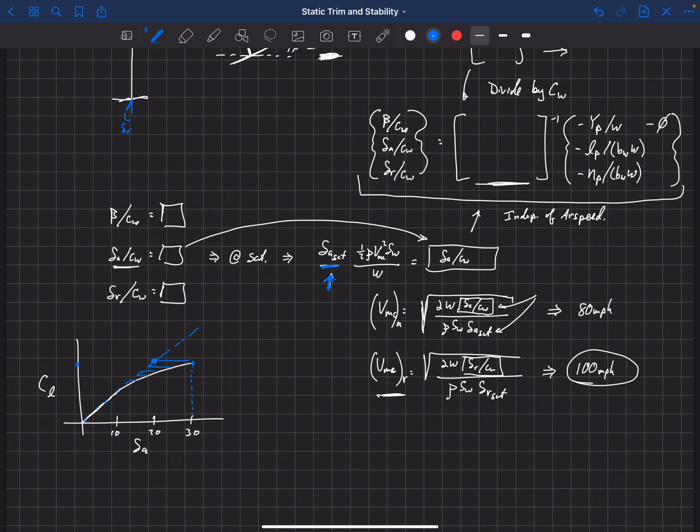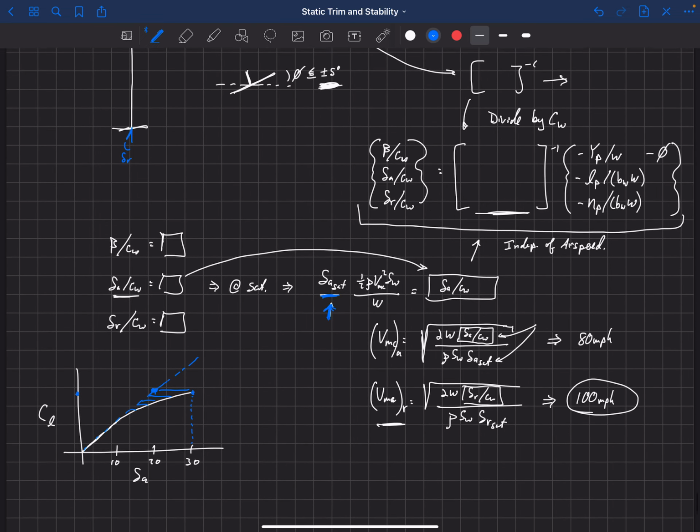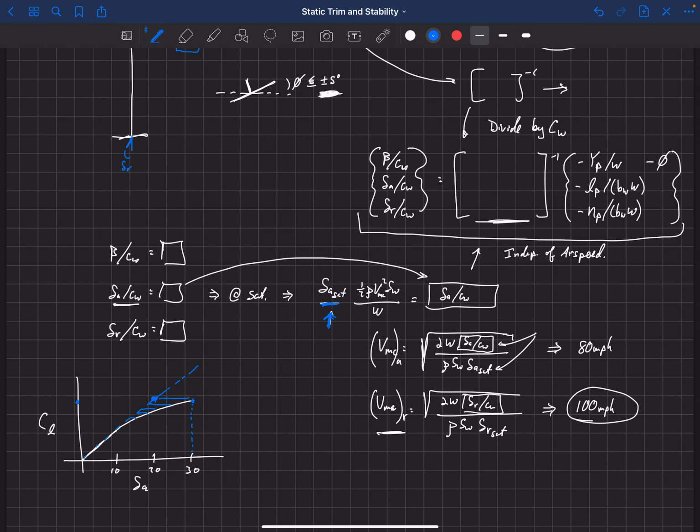Hopefully this has been helpful to understand minimum control airspeed. And this again is usually the sizing case for multi-engine aircraft, and this analysis is how you can work through computing what that minimum control airspeed would be, and possibly how large your rudder or your aileron needs to be in order to trim out the aircraft for an engine-out scenario.